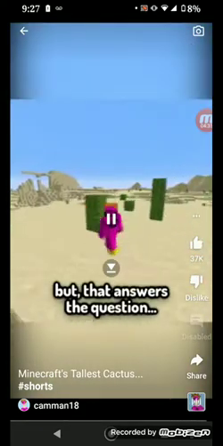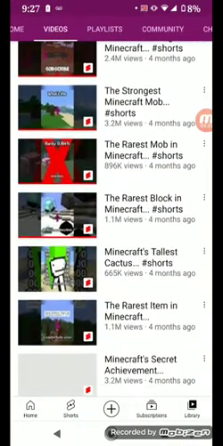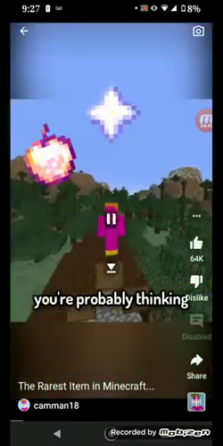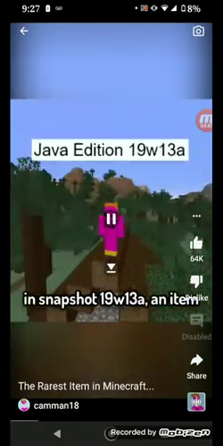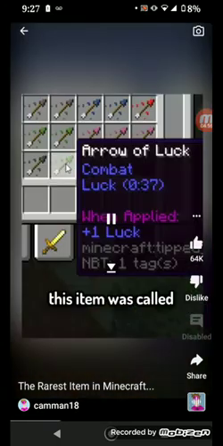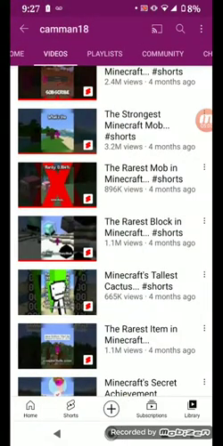But that answers the question. What's the rarest item in Minecraft history? You're probably thinking it's one of these, but they're not even close. In Snapshot 19W13A, an item was accidentally added to the game, but was removed just 2 days later. This item was called the Arrow of Luck, but getting it